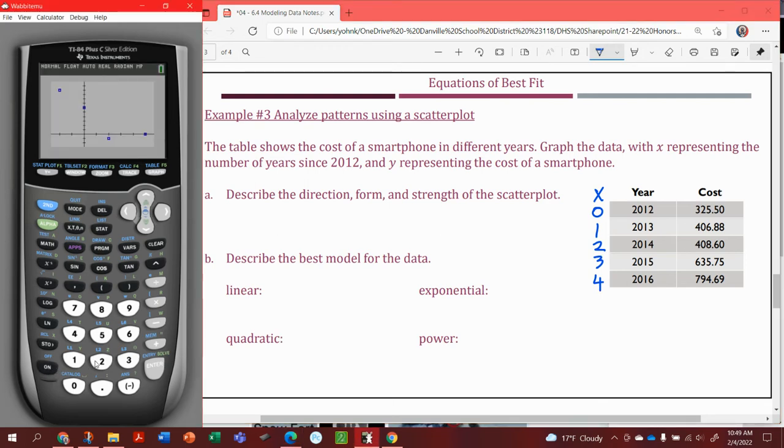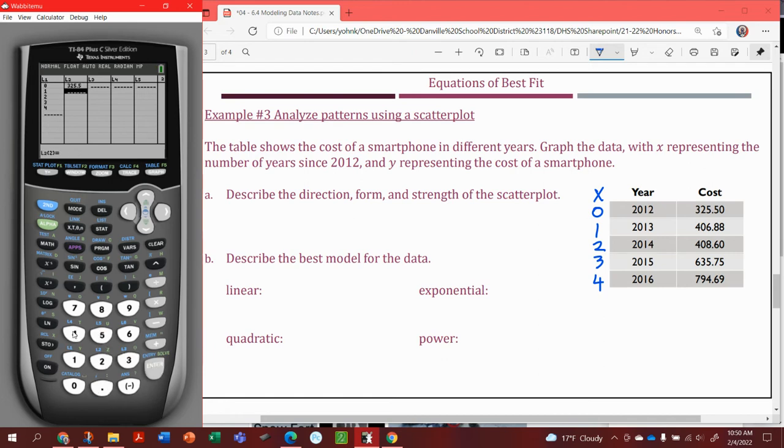So when I go over here to my data, I'm going to go to stat and edit. I'm going to clear my data by doing up, clear, down, and up, clear, down. I'm going to type in my x values 0, 1, 2, 3, and 4. My y values are going to be